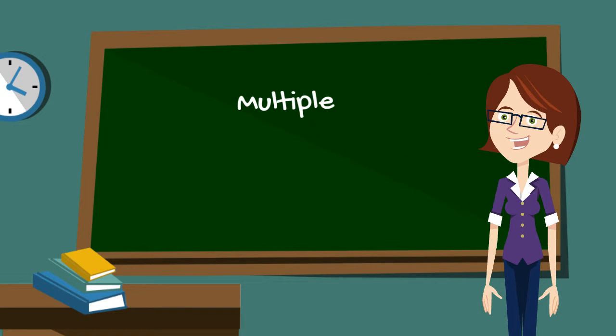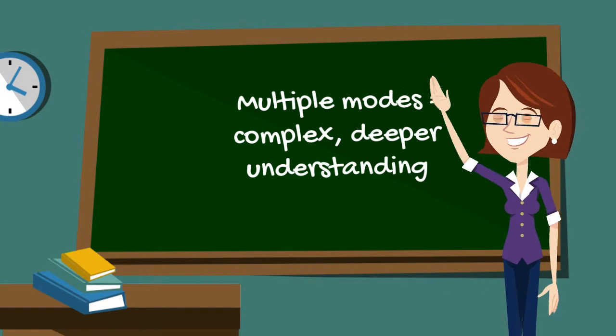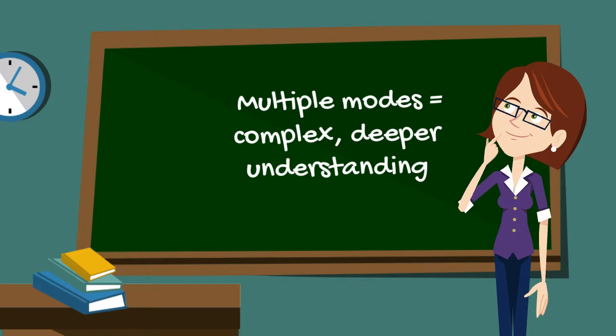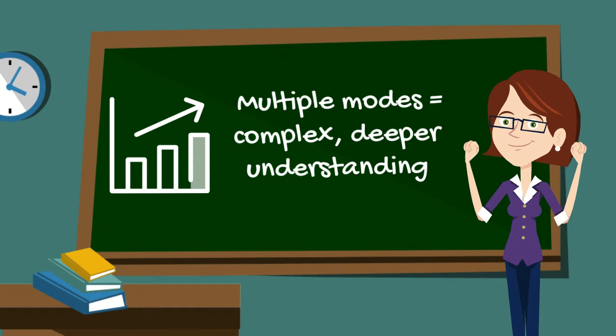One mode may be a starting point for meaning. An addition of other modes allows for a more complex, deeper understanding. For example, if words don't make sense, a diagram might, and then this diagram might allow the words to make sense. Multiple modes together will have a greater meaning than only one alone.